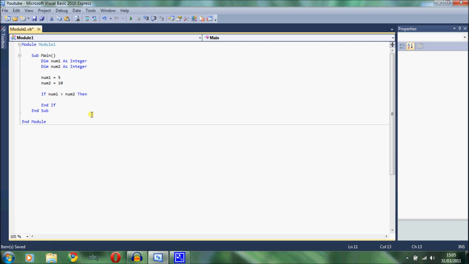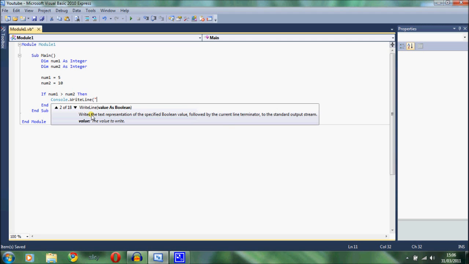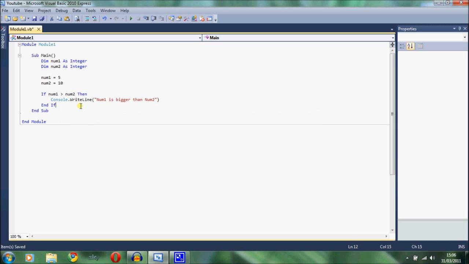And we'll say console.writeLine, speech mark and say num1 is bigger than num2. And let's just run that now, and at the end as well we'll put a console read line so it doesn't just end straight away. Run this,